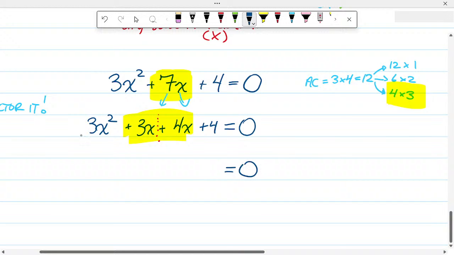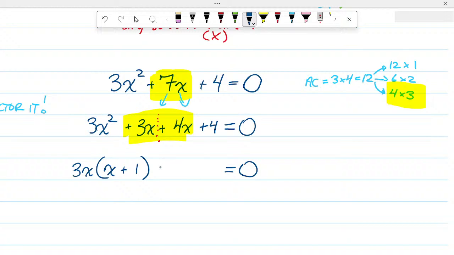Okay, when we factor this here, what factors out from 3x squared and 3x? 3 and x. Awesome. 3x squared with the 3 taken out and one of the x's taken out is 3x, with all of it taken out is just 1. How's that feel? Cool. What can I take out of 4x and 4? Okay, so what am I going to put here? Plus 4, then x plus 1